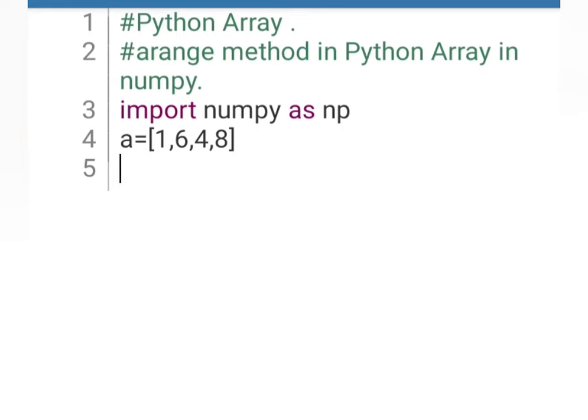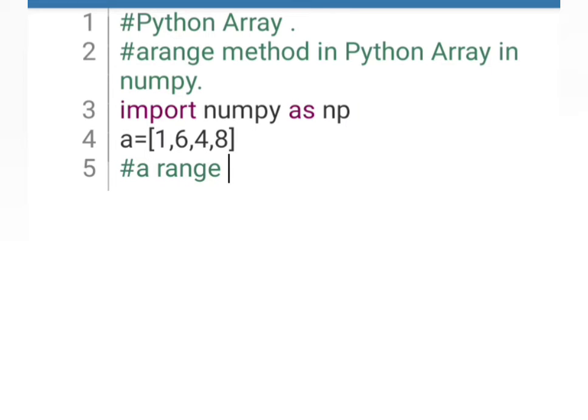As you all know, we have been creating arrays like this in the past. Now we are going to create an array and perform operations on it using the arange method. As the name suggests, if we split it into a range, first let's understand the meaning of the word arange, then we will go on to its usage in Python arrays.